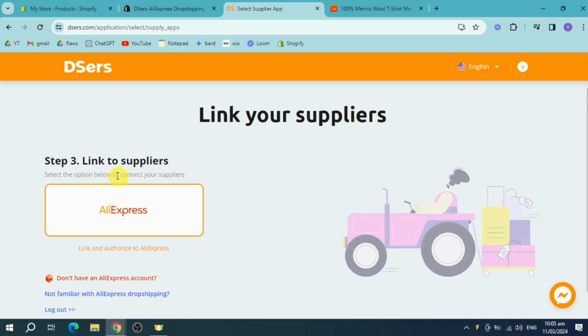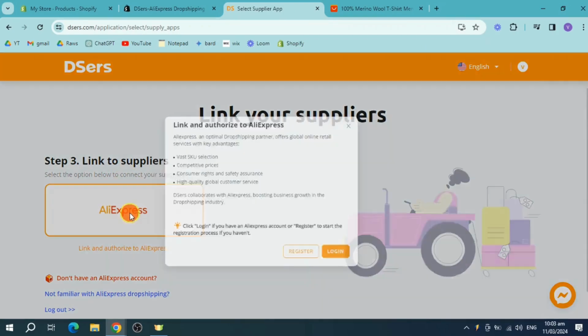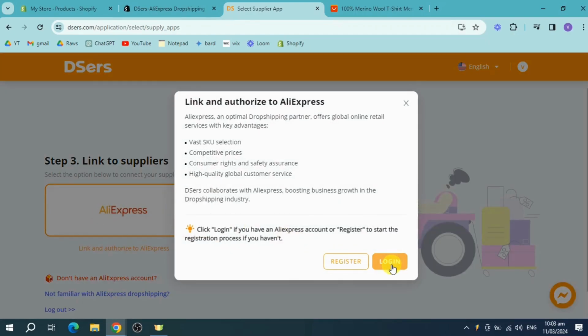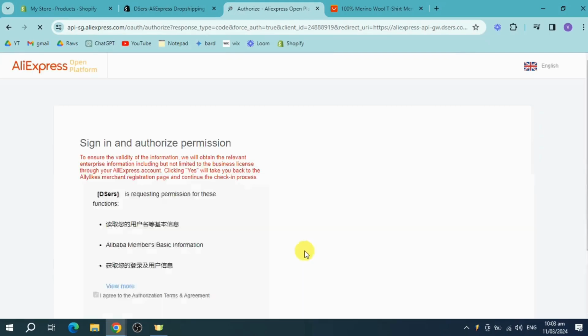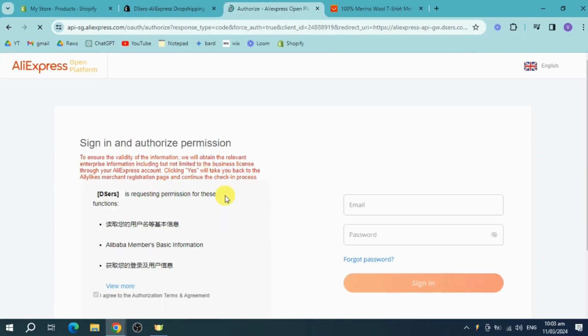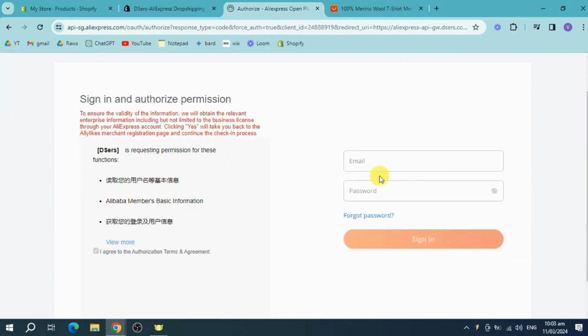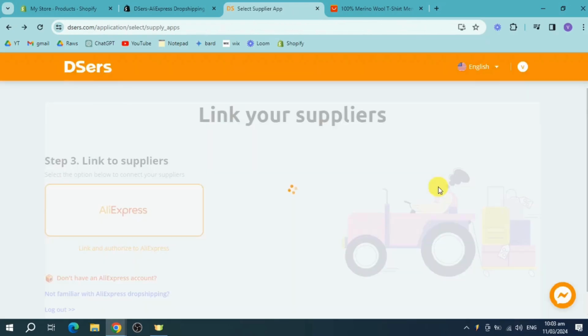So in here, you can link your suppliers. For this one, we have this Aliexpress. So you can just click on that and click on login to your Aliexpress account. And then once you have logged in, let's click on this login right here. And then in here, as you can see, it will open this wherein it will ask you to sign in and authorize. And in here, you should be able to put in your actual account that you have. So if you don't have an account, you just need to go back. And then when you click on this Aliexpress right here, you just need to first click on the register instead